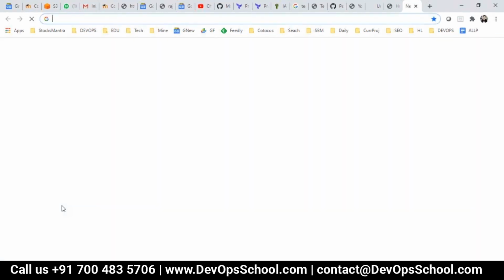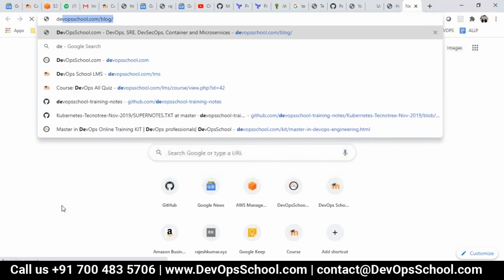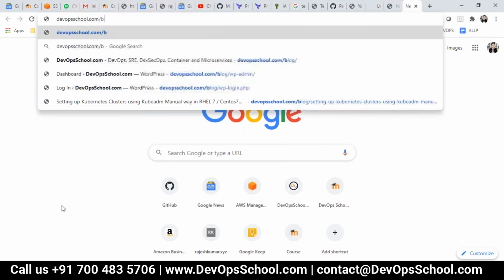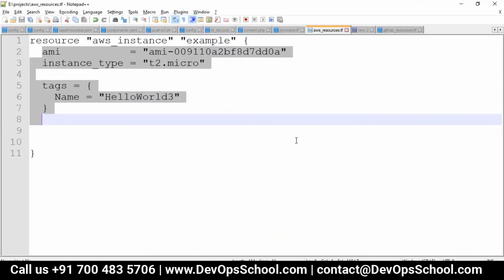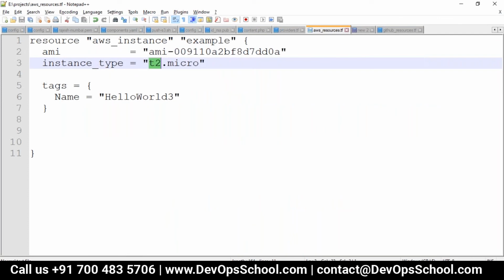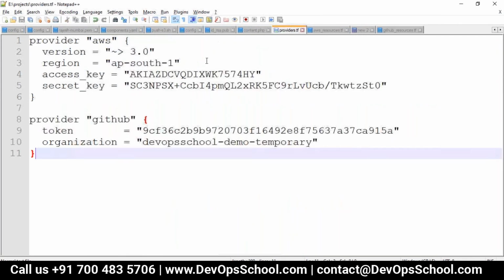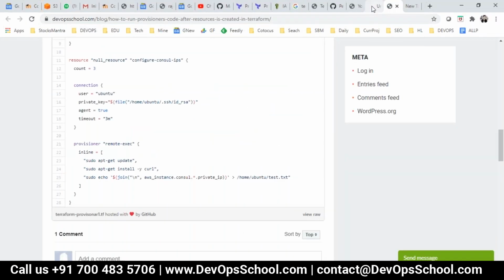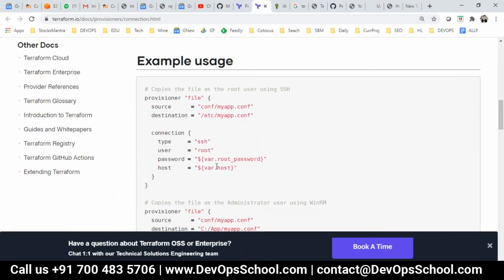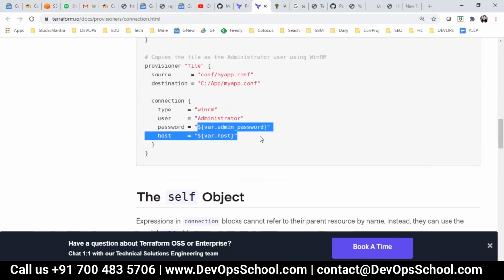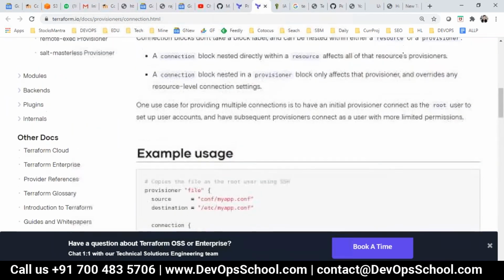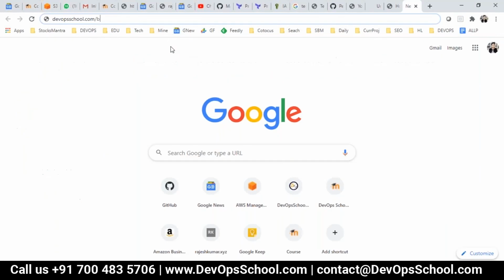The next topic is variables. Guys, in Terraform, I hard coded so many things. This is hard coding, this is hard coding. Look at this provider here. This is hard coding. All these are hard coding. How do we avoid that? If you look at existing programs, they are not hard coded. If you look at the official documents, see here, these are variables, these are variables. So they're not hard coding it. So what do we do in this case? How do we work with variables?